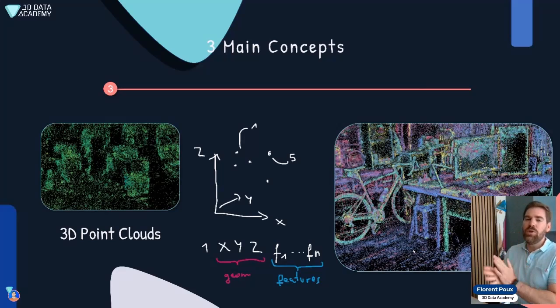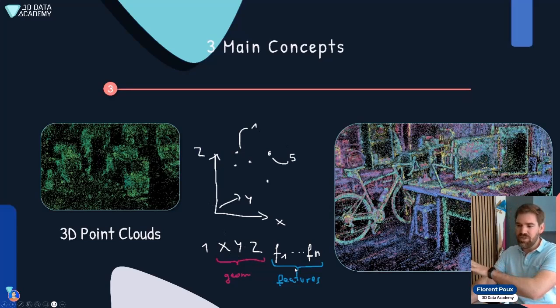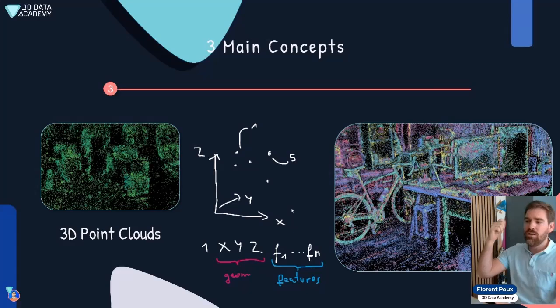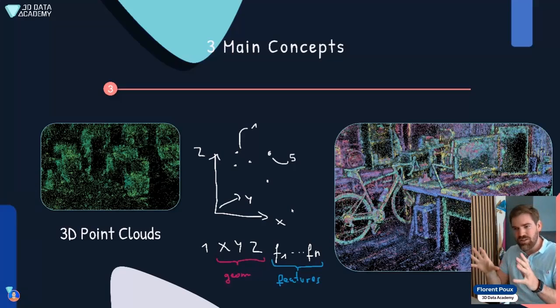So 3D point cloud, it's very simple. I really like this way to represent data sets. You basically have a geometry, so X, Y, Z, and a lot of features, F1 to Fn, right? So these features could be color, but in the case of Gaussian splatting, we'll have features as spherical harmonics. We'll have a lot of specific features that will help how to rasterize, how to display the point cloud. Essentially, it's a bit more complex, but this is how it spans out, which means that you can actually derive from the Gaussian splatting a point cloud, which will be